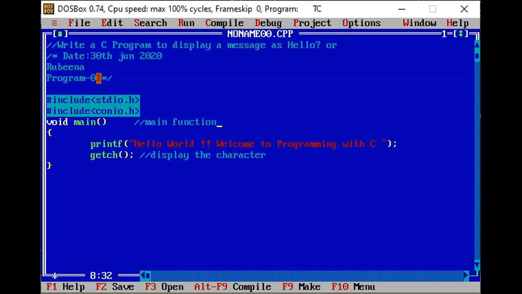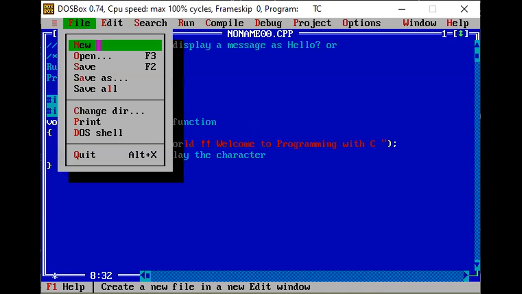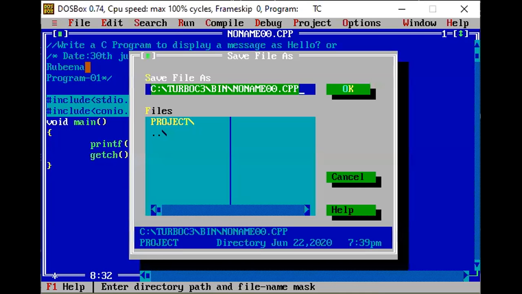So I would like to save my program now once I have written completely whatever I want to display onto my screen. For saving, what is the option? Go to the file menu, click on the save button. It will ask you where to save. The directory that we are going to save it in is the C drive, inside the Turbo C3 folder, inside the bin option.